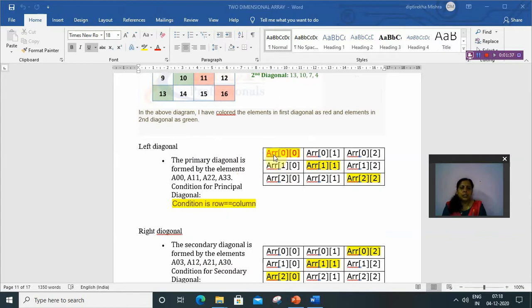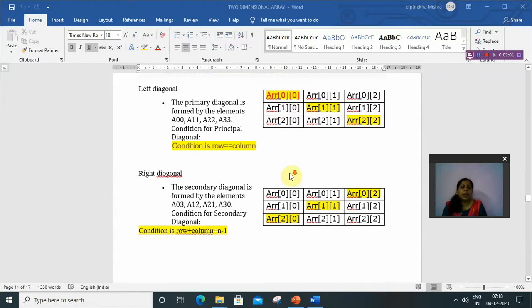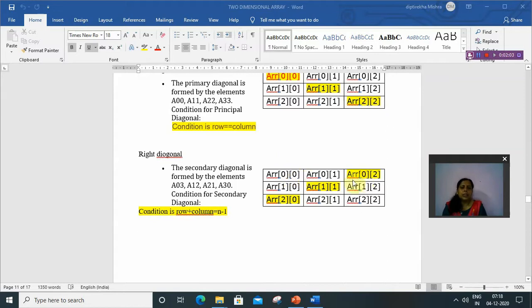For the left diagonal, the first element is 0 0, the second element is 1 1 and the third is 2 2. Where the row and column values are equal, those are the elements of the left diagonal. And for the right diagonal the elements are 0 2, then 1 1, then 2 0.